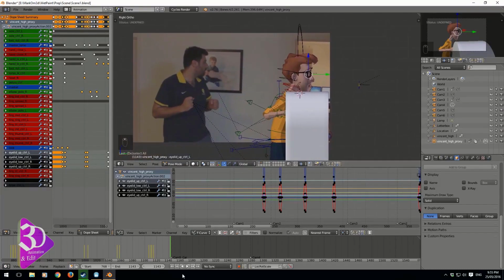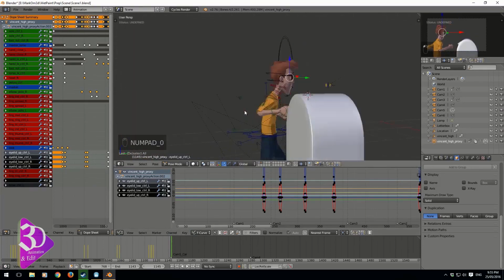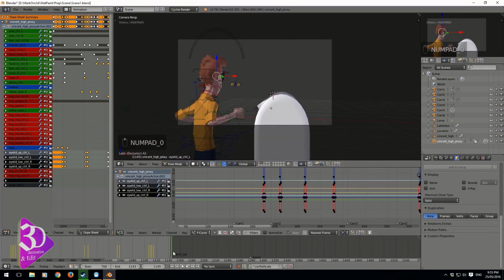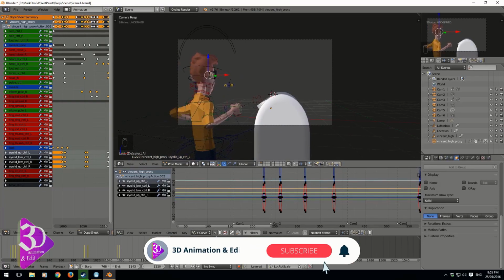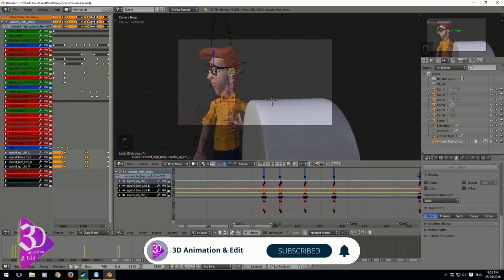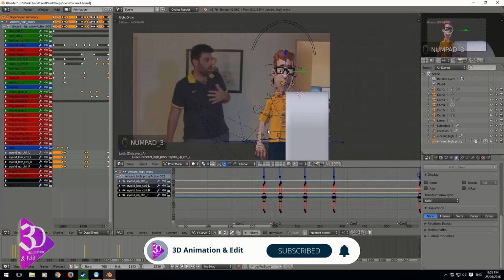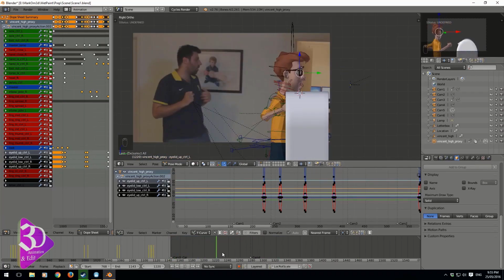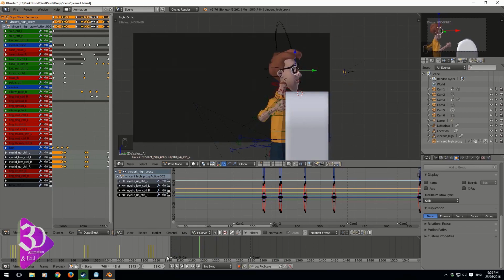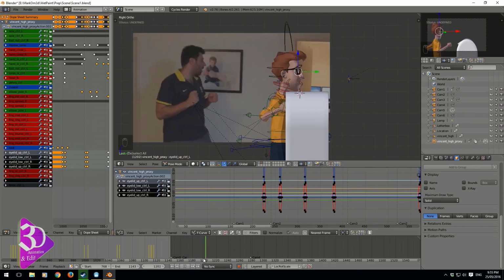So let's continue on with the next bit here. I'm just going to press 0 up here so we can see what the camera is looking at. We've got a big pause here of nothing happening, and then it comes back. In the reference footage, I've got this black area right here. I reckon I'm going to skip these 200 frames-ish, and so whatever happened